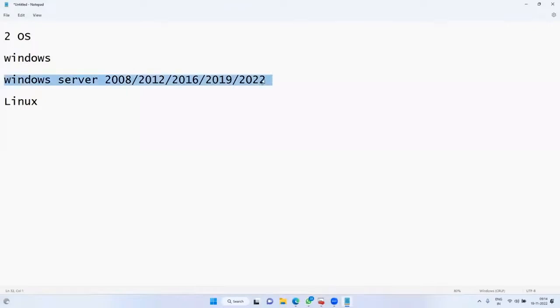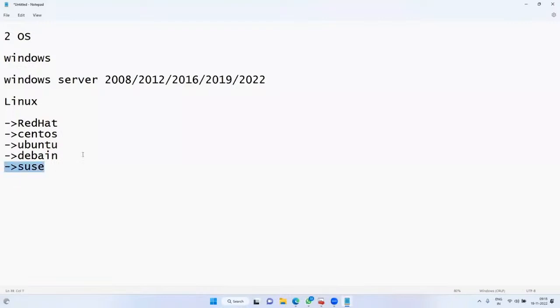Coming to Linux, we have different flavors: Red Hat, CentOS, Ubuntu, Debian, SUSE.